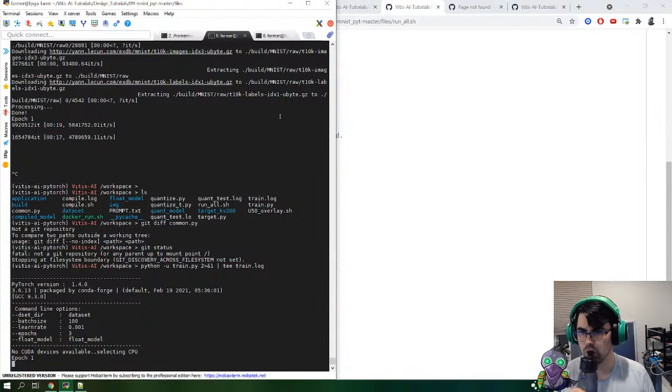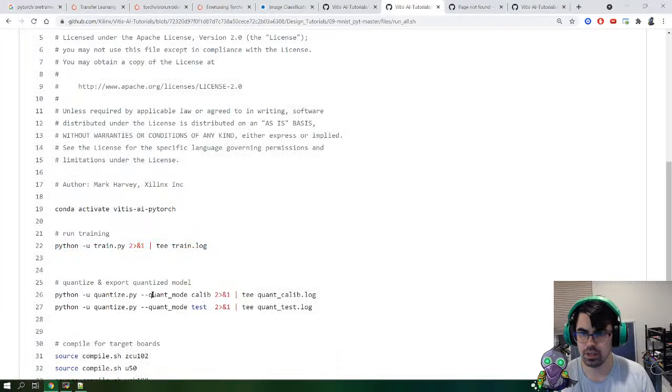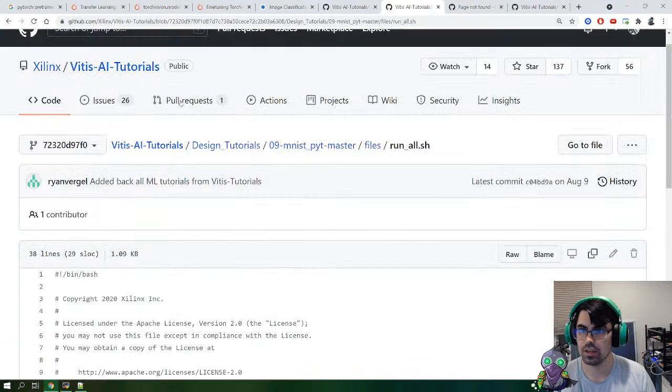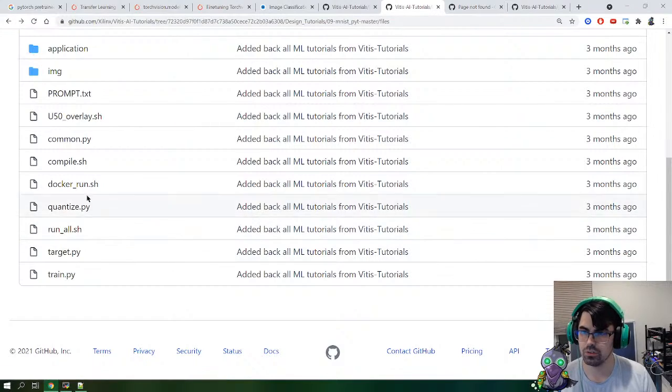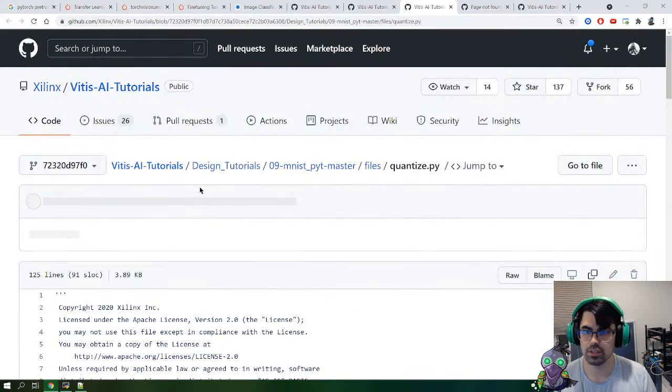Oh, this is much quicker. So then I want to see what the quantization log looks like. We have a calibrate and a test version, and I assume we need to stay on this specific one. So if we look at quantization on this thing,